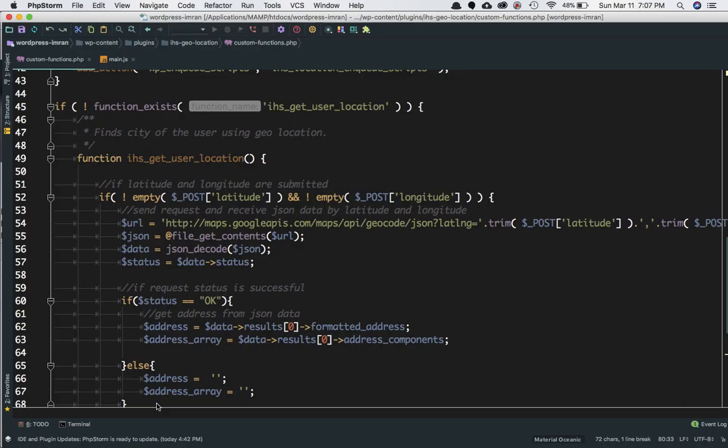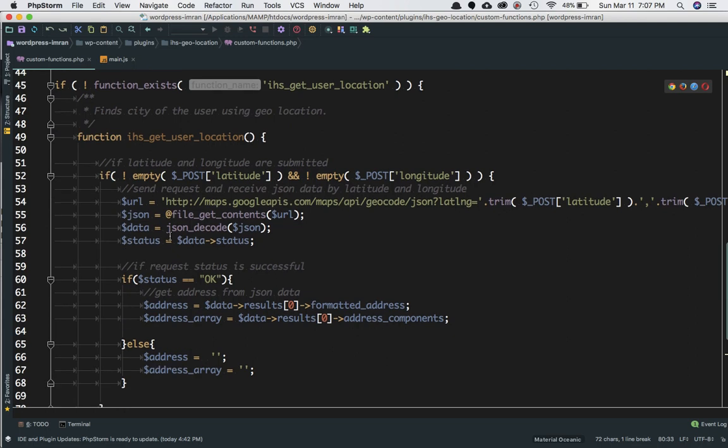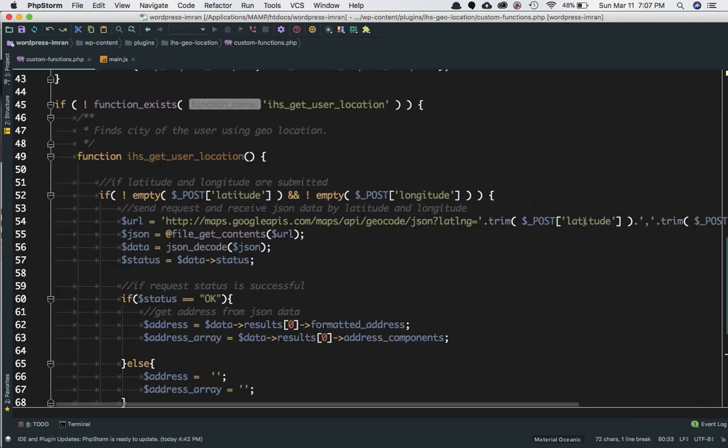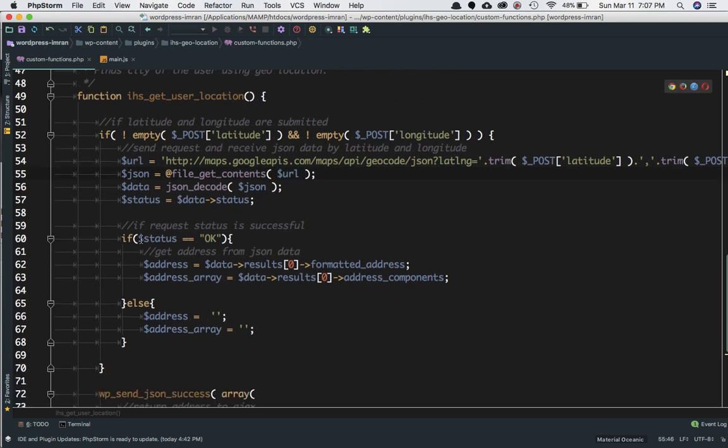If it does, then go ahead and say that the URL is equal to the maps.google API and so on and so forth, with latitude and longitude. So this is going to get me the URL. This is the JSON file_get_contents of the URL. Then the data is json_decode of the JSON, and the status, which is data status. Okay, if the status is okay, if we get the value from the Google API, from the geocode,